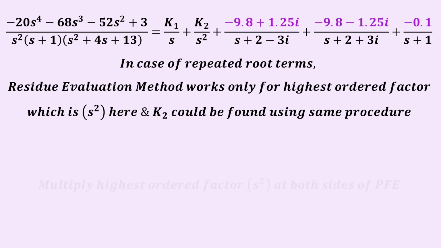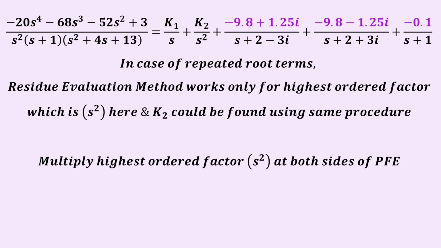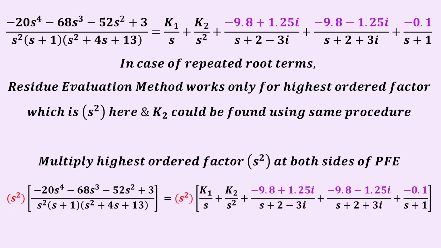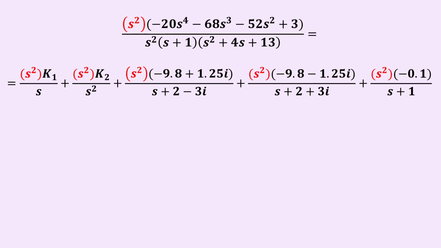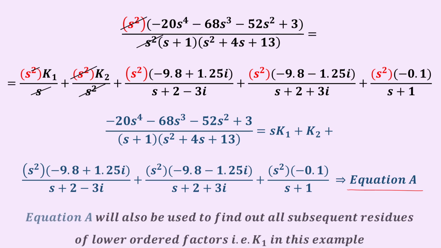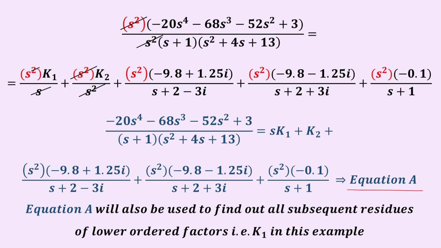So we just have to multiply s square on both sides of this partial fraction expansion, and it will turn out like this. And then we will look at the possible cancellations of an s square factor from numerator and denominator. The resultant equation will be like this, and I have termed this equation A. This equation A is important, as it will be used further to find out the subsequent residues